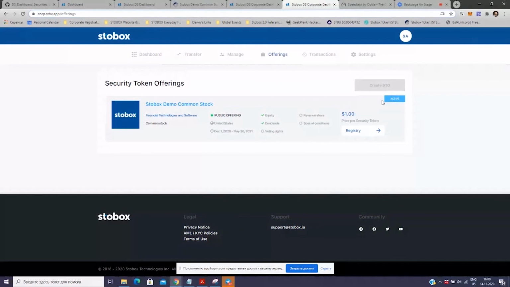And again, the creation of STO would depend on two aspects. First of all is the legal aspect and the technical. The technical part we can deploy, but in terms of the legal, we oversee. We have a set of partnerships, legal partnerships. So if I will be deploying and creating my STO,